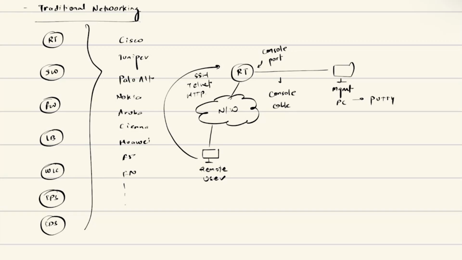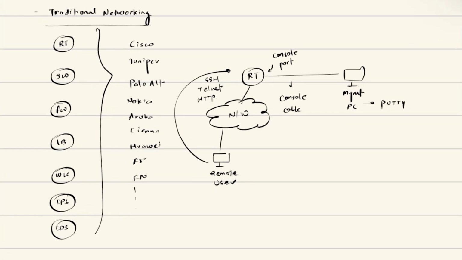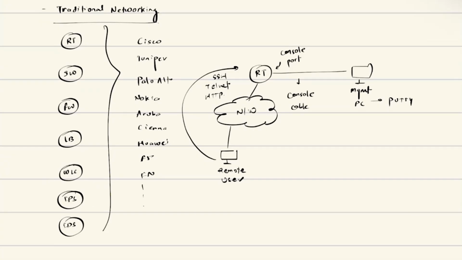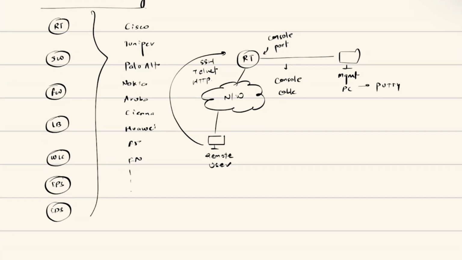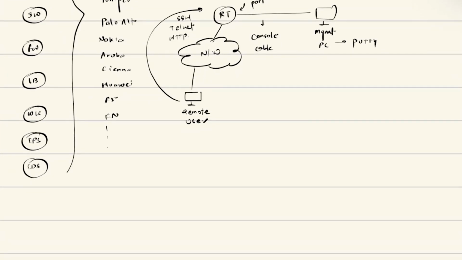Because being able to configure devices of different vendors requires you to know how commands really work, how the configuration really works on those devices, what exactly is the syntax that you need to follow, and so on. And if you end up doing some misconfiguration, then it can bring the entire network to a standstill, which is not something your organization would want at all, right? So this was observed as one of the bad practices being followed in the organizations, and that's where the manufacturers came up with another way to configure these devices or infrastructures,